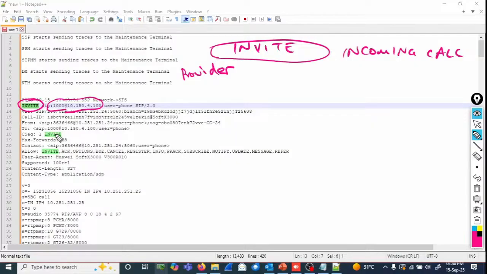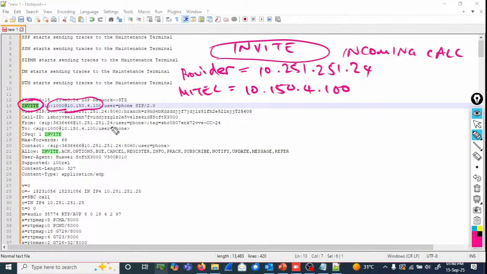So our provider, in this case, our Mitel controller, its IP address is 10.150.4.100, and our provider IP is 10.251.251.24. So we are going to see an invite, and it's going to say